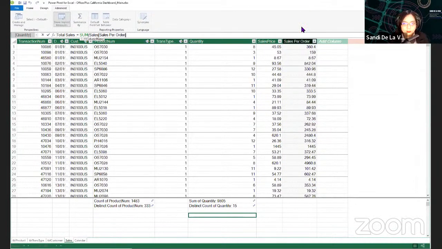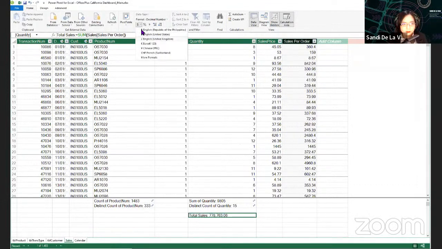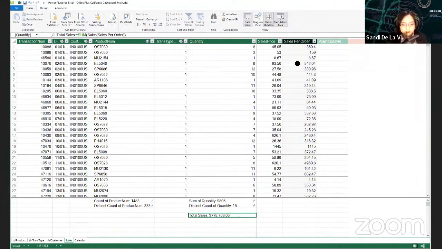You're using this column and making it calculate the total sum for all these rows. Just use the closing parenthesis and press enter. It will now automatically calculate the total sum of this sales per order. You can format it to number or perhaps currency in dollars so that it will be readable in Power Pivot.